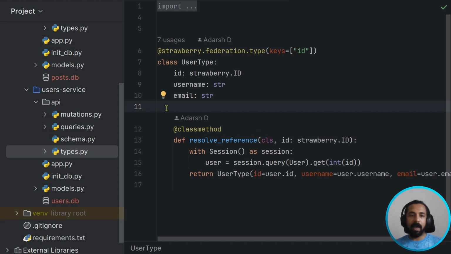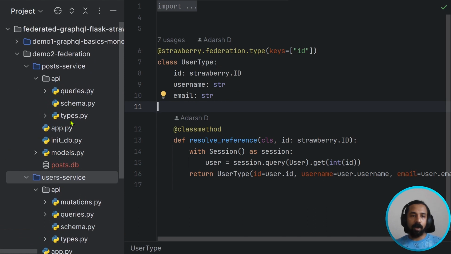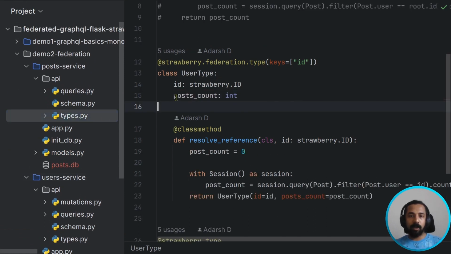Now let's plan a minor update to our user type. Previously, the entire logic and the custom fields defined in the user type were owned by our user service. So what if another service needs to contribute some fields to the user type? Let's add a post count field to the user type. Since the post data is stored by our post service, it will be more suitable to add the logic related to this field in the post service itself,